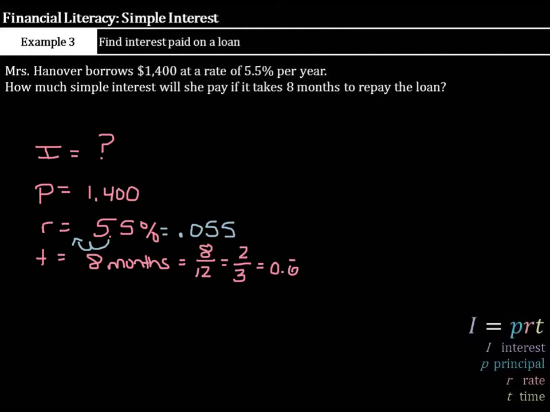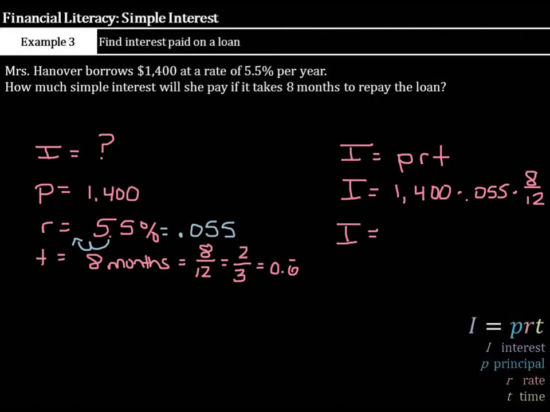Now we're ready to use our formula. I equals PRT. Our interest is going to equal our principal of $1,400 times our rate, 0.055, times 8/12, as a reminder that that's 8 months out of 12 in 1 year. You could write it as 2/3, 4/6, 0.66666 repeating. Either way, when you multiply it out, you would get 51 and